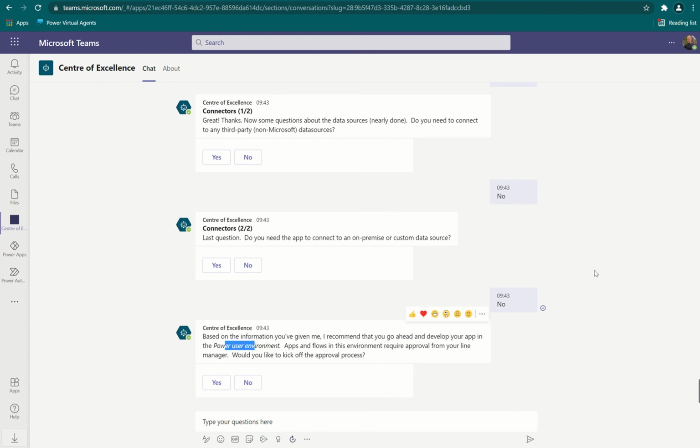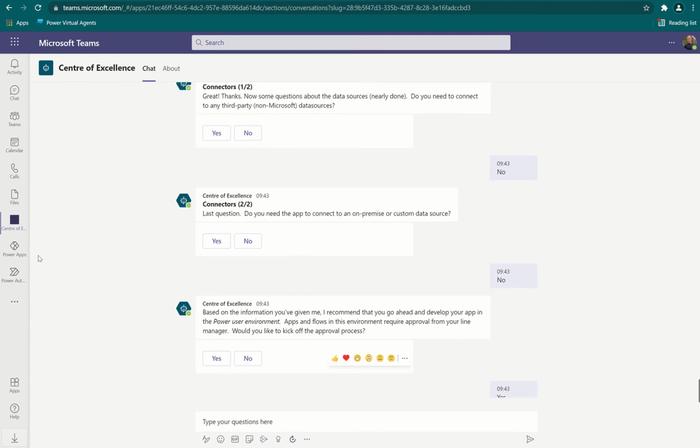In my demo tenant, I've followed a tiered risk implementation to environments. So I have personal productivity. You can see that when I answered the questions saying that the app was very much geared towards myself or a small discrete number of users, it advised me to build the app in the personal productivity environment. And where it's now recommending that I build an app in a different environment, there is approval required. So I could say, actually, this time let's say yes,